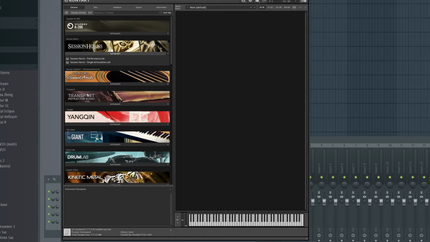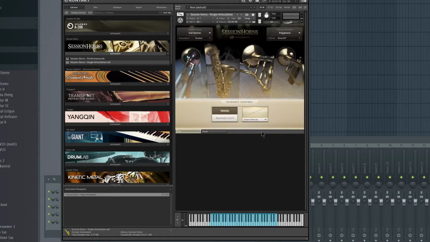Hey guys, today I just wanted to make this really quick tutorial on how to set up a multi-instrument with key switching in Kontakt. Using an instrument like Session Horns, they have a Session Horns Pro that actually lets you key switch between the different articulations, but the problem with just standard Session Horns is that you have all of